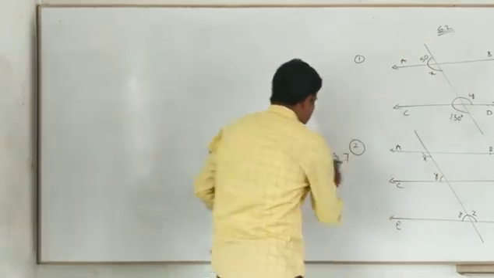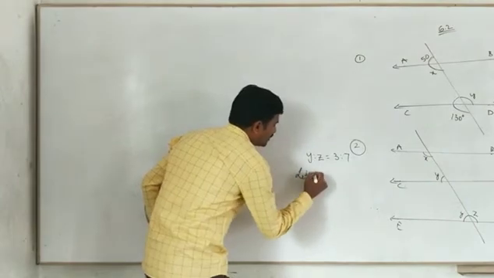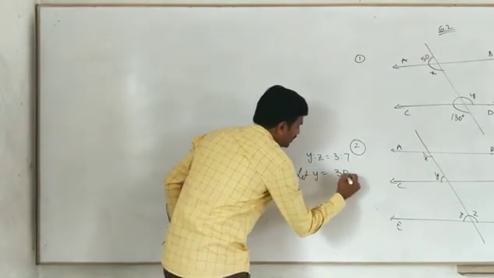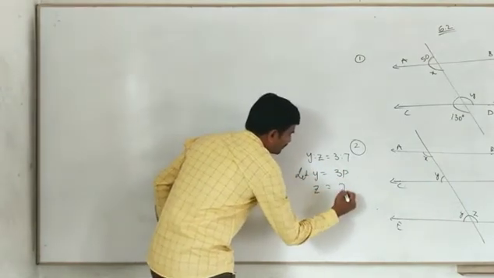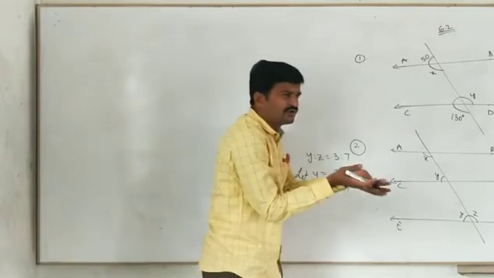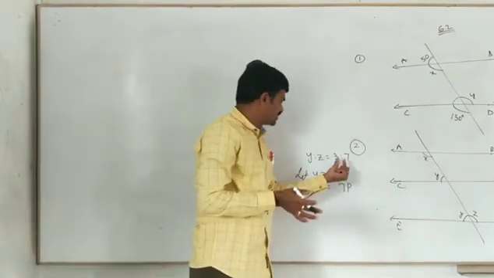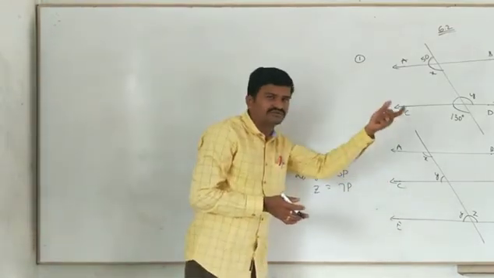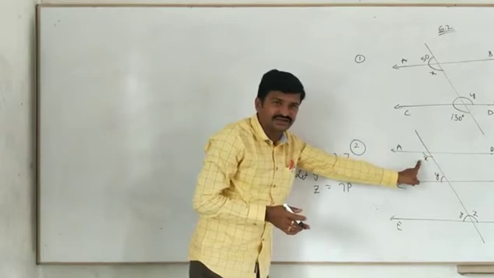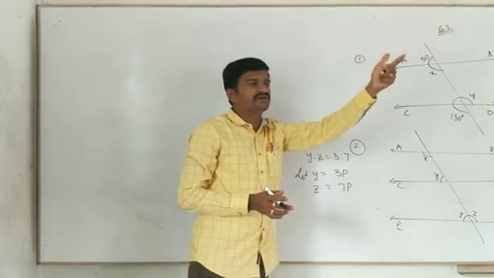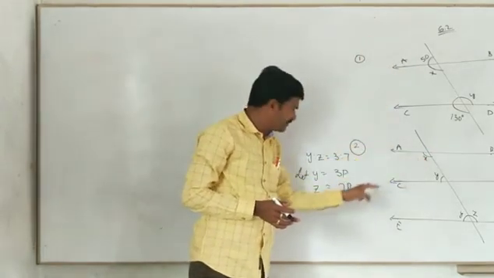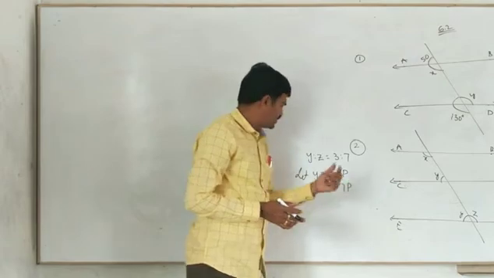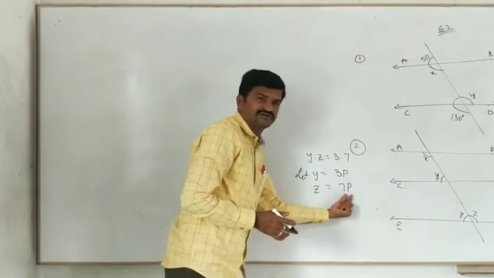And now, as per the ratio, let Y equal 3p and Z equal 7p, I am taking. Let us assume, we don't know the particular measures now. As per the given ratio, actually 3x to 7x we would take. But x is already there now, so I am not taking it in the form of x. I am taking it in the form of p. So y equals 3p, z equals 7p.